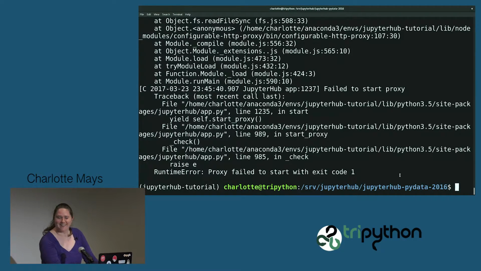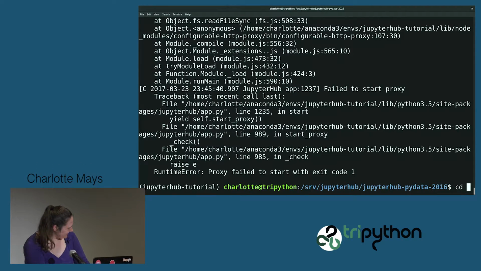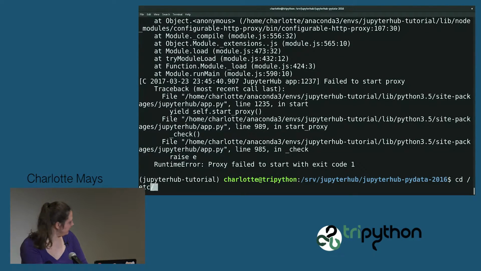It's a little on the edge. Yeah, I mean, this is internal. It's not something that's directly accessible, so, you know. All right, so cd, let's see, that was in slash etc slash letsencrypt, enter. Okay, and then,